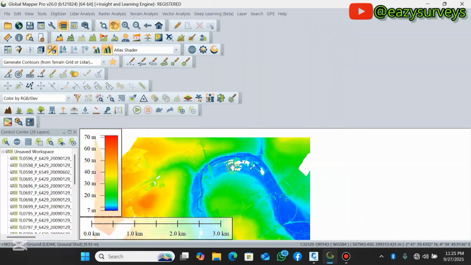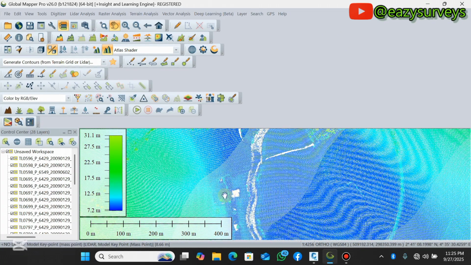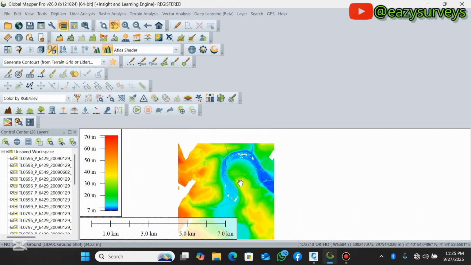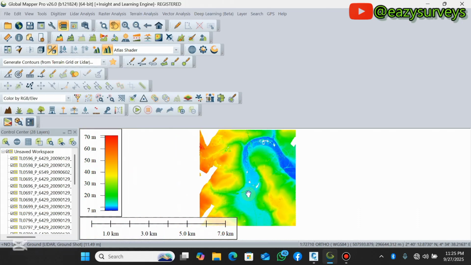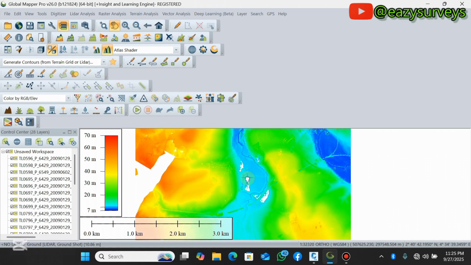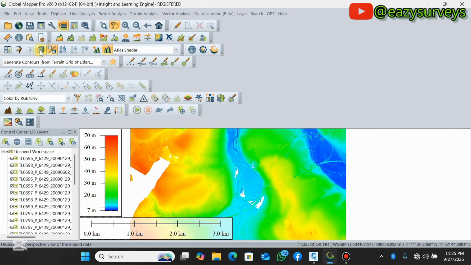If you're a lecturer, a professor, you can let your students know about this and how to conduct analysis with it, generate different kinds of deliverables from this point cloud. So let me turn it to a 3D form that is much more beautiful for visualization. So you just need to click on this show 3D view,